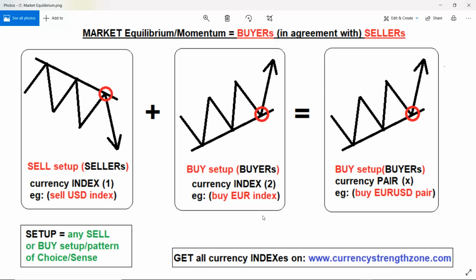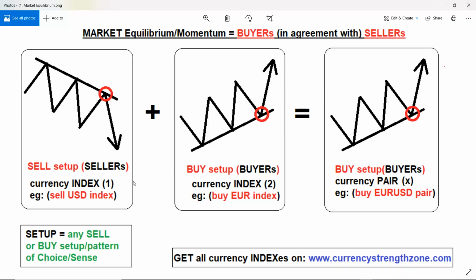First of all, for a trade to be very profitable, these indexes of both currencies must be in agreement. One index has to be selling and the other index has to be willing to buy what the other currency is selling,